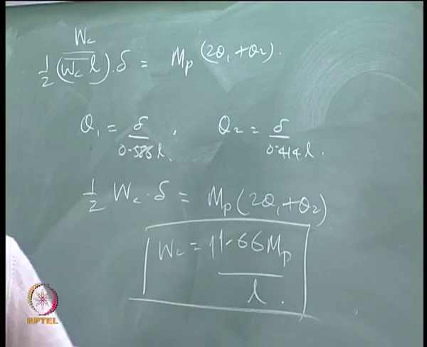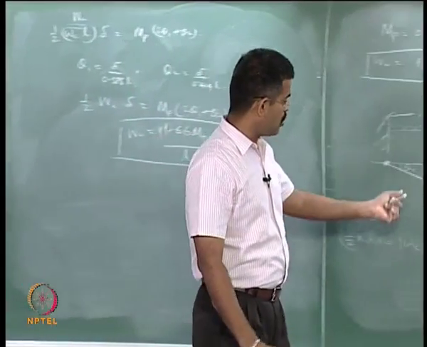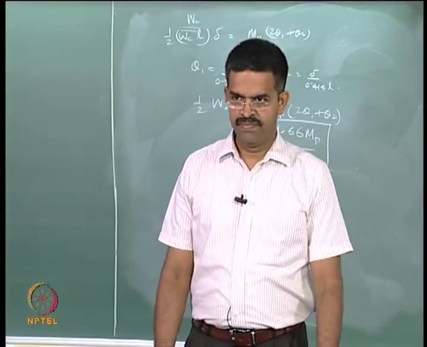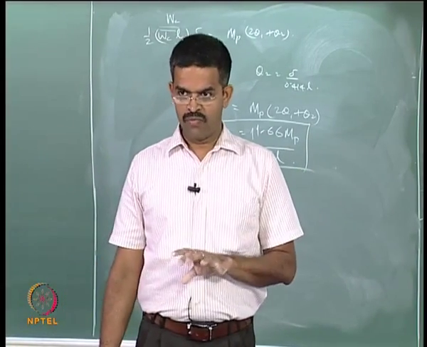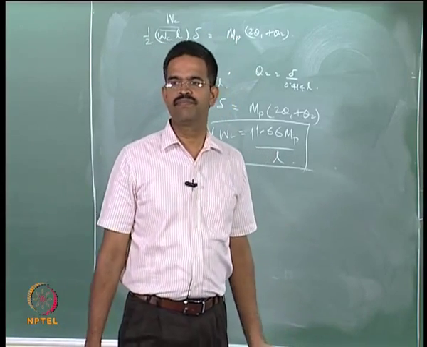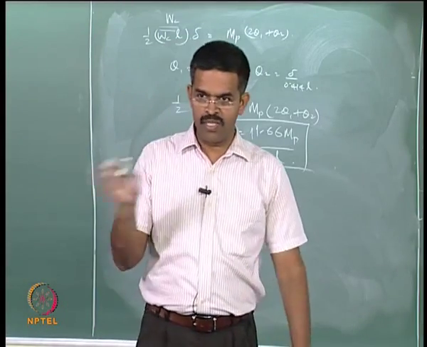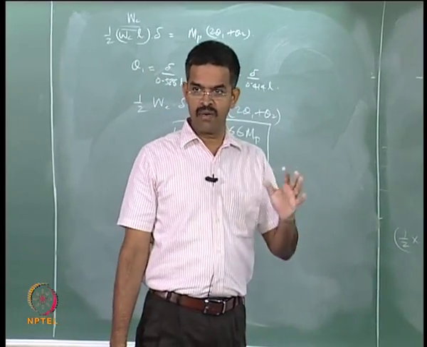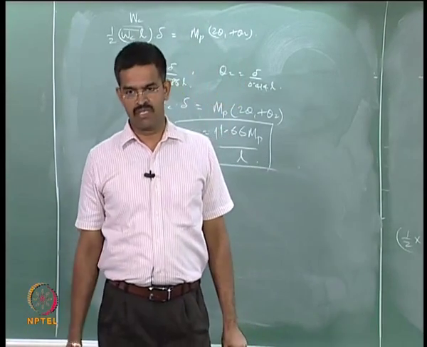Exactly the same. So, in this example we have understood that the kinematic theorem in certain cases cannot be applied directly because you do not know the location of the formation of the hinge. So, both theorems are equally important to understand. Classically, we have used the static theorem first to find out the location where the hinge can form, then we have verified it with the kinematic theorem. Is that clear? So, you cannot forego any one theorem thinking that both will give the same answer, so I can study only one theorem and be done with it. No, in certain examples like this, the static theorem plays a very important role to find out where is the point of occurrence of the maximum bending moment.